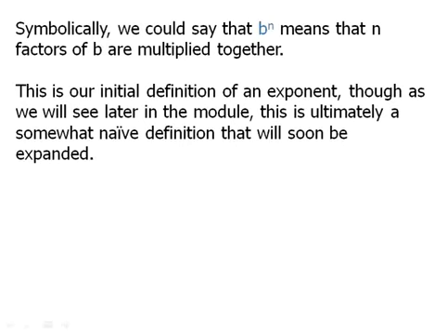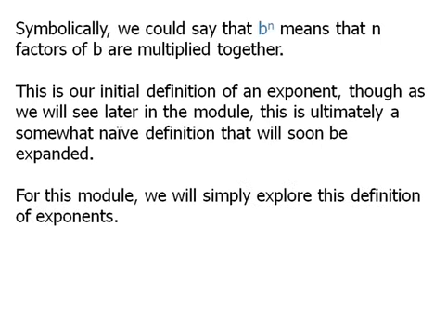And why is it naive? Well, if you think about it, how many factors of b are multiplied together? This means that n is a counting number. That is to say, it is a positive integer. And so this definition, this way of thinking about exponents, is perfectly good as long as the exponents are positive integers. But as we will see in upcoming modules, there are all kinds of exponents that are not positive integers. We'll talk about negative exponents and fraction exponents, all that. Let's not worry about that in this module. In this module, we'll just stick with the positive integers,